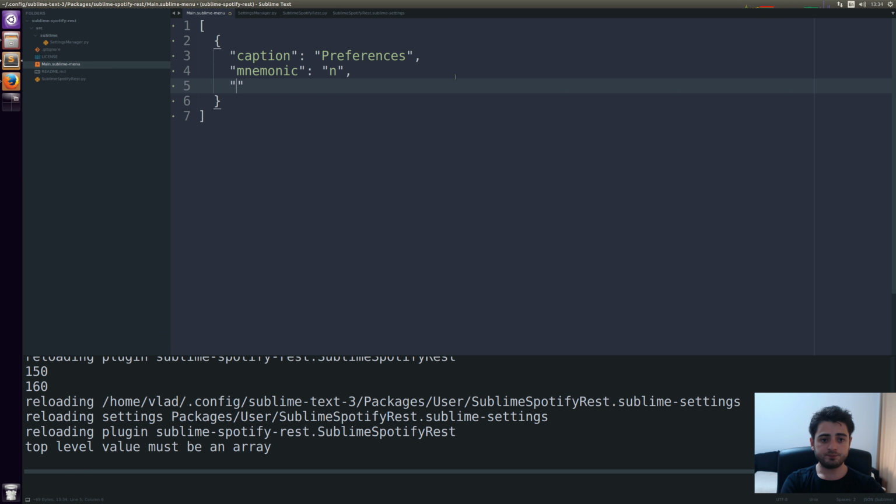It has an ID, and the ID is just preferences, so lowercase, and it has children, right? And children is a string, obviously. It should be a proper JSON. It's not like in JavaScript, right? And children is obviously an array, and the first item is going to be a similar structure, so maybe we can copy paste that actually,